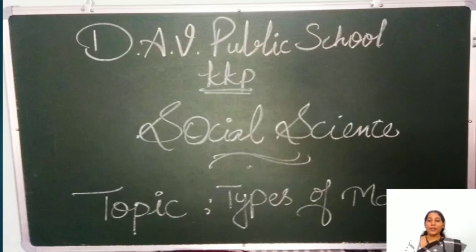Today our topic is types of maps. All of you know about maps. You have studied already in your earlier classes what is a map, what is the difference between a map and a globe, what types of maps there are, what their uses are, why we need a map, and how we started map making. All these things we are going to explore a little more. So let us join to learn about types of maps.